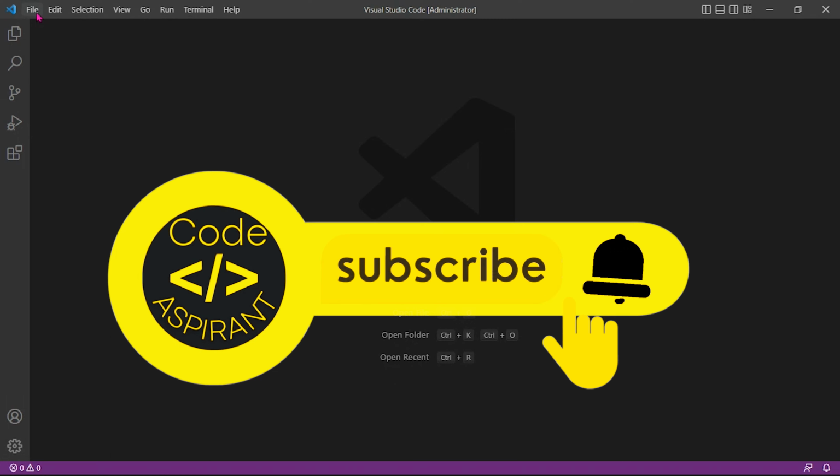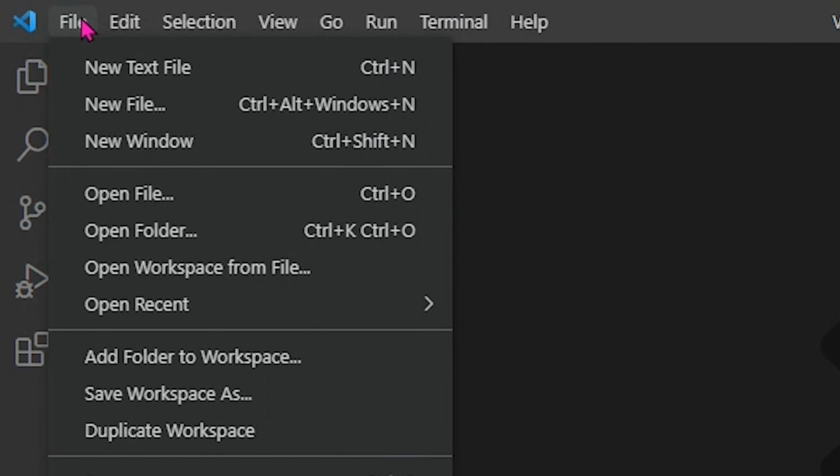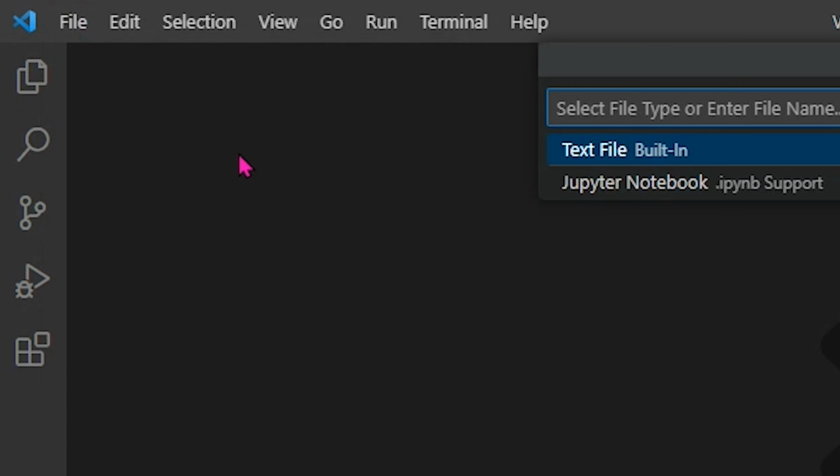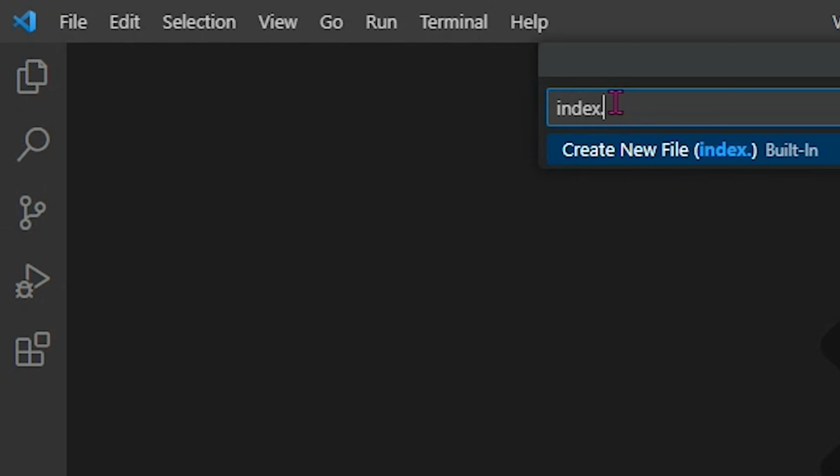And if you want to create any folder or a file, just click on this file button and click on this new file to create a new file. And you can type the whichever the file name you want. So I will just type it as index.html